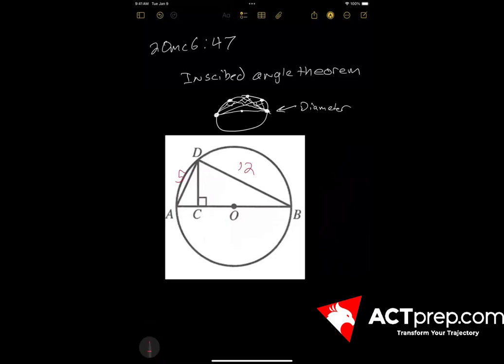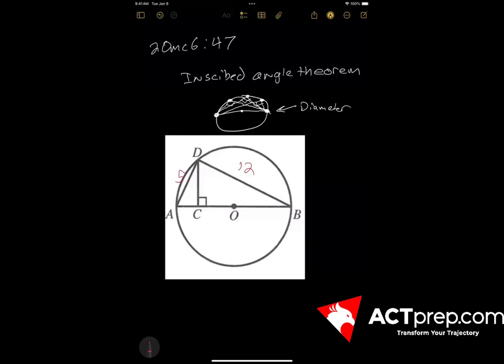For most students on this question, you should just go ahead and skip it. This is not a good use of your time unless you need to score a 32 or above on the math section. So first thing you need to know to be able to solve this problem is the inscribed angle